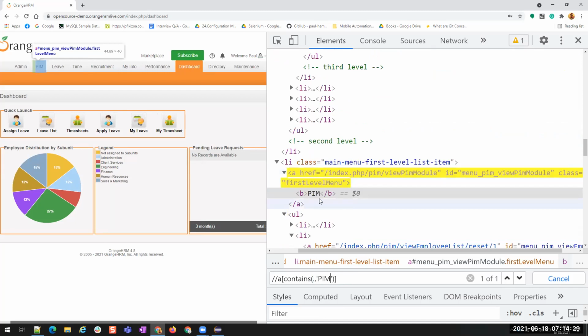PIM is present in a sub tag, but still I am able to find this anchor tag element, the A tag element, which has the text PIM, with the help of contains dot.